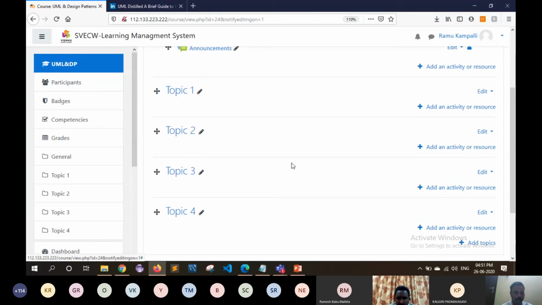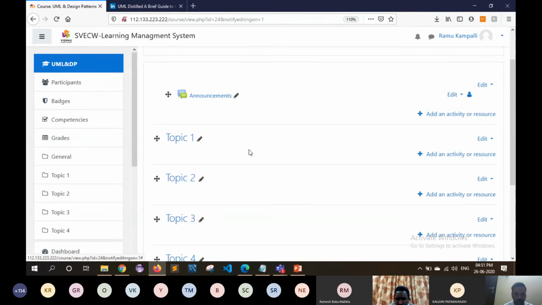And these topics have to be organized. My suggestion to the faculty members is that these topics can be organized unit wise. Unit 1 will have a topic and unit 2 will have a topic. Our subject has been organized into 6 different units, so in a similar manner the topics here can be organized unit wise. It is not at all mandatory to use unit wise. As per your choice, you can organize your course topics and have them reflected in the course homepage itself.